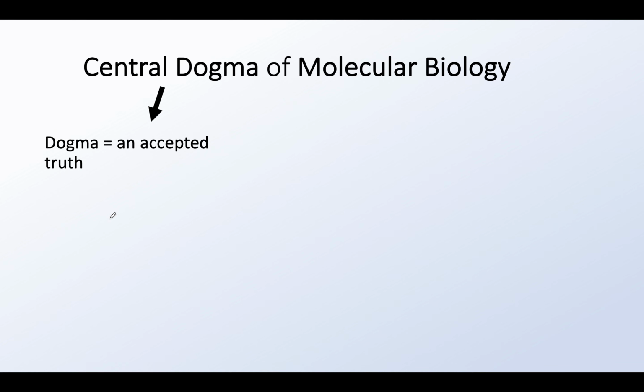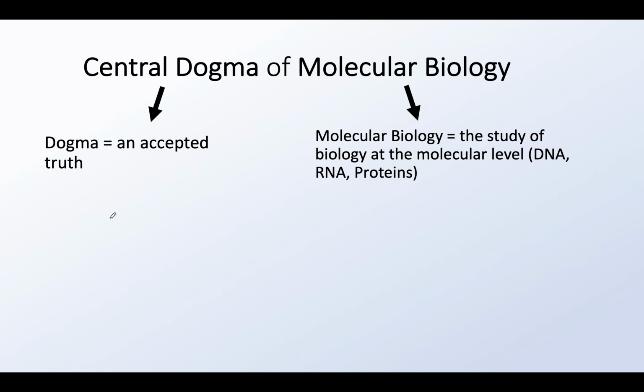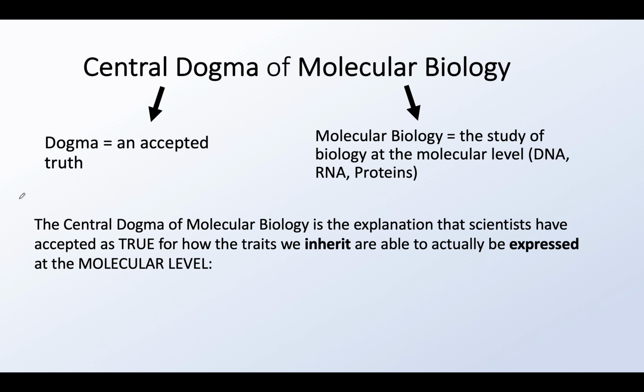So, a dogma is just an accepted truth, something we accept to be true. And molecular biology is the study of biology at the molecular level, which means that we are talking about molecules like DNA, RNA, and proteins. So if we put these two terms together, then the central dogma of molecular biology is the explanation that scientists